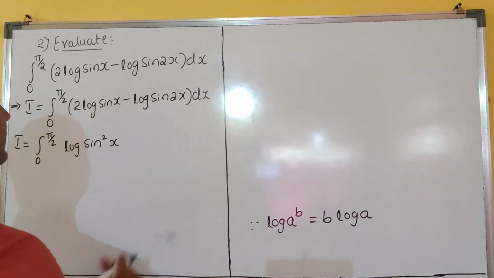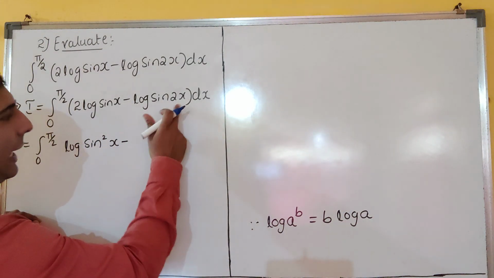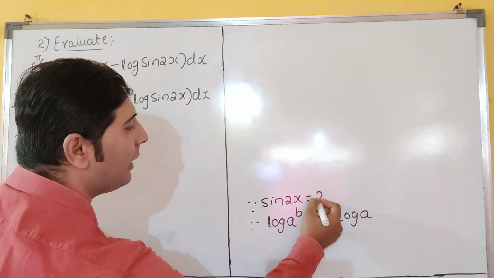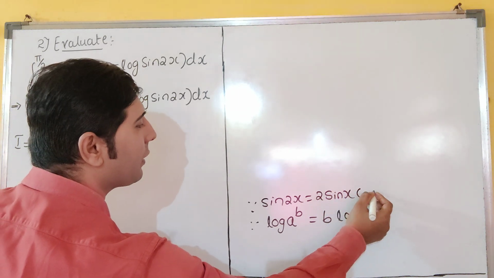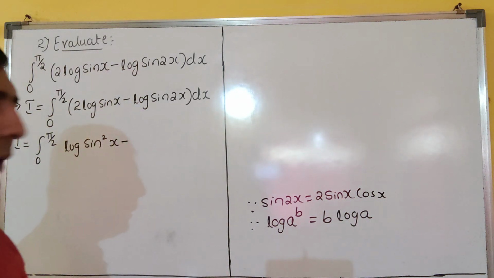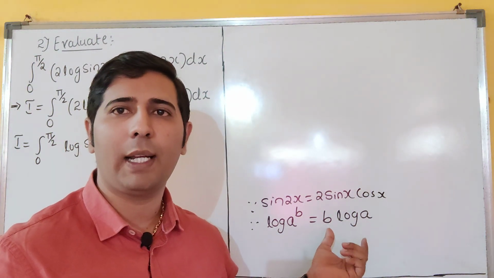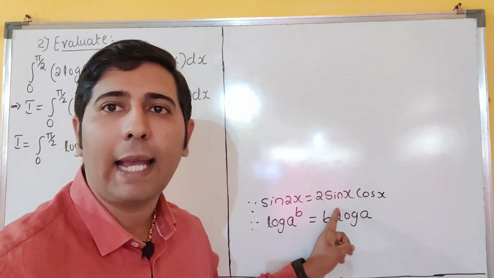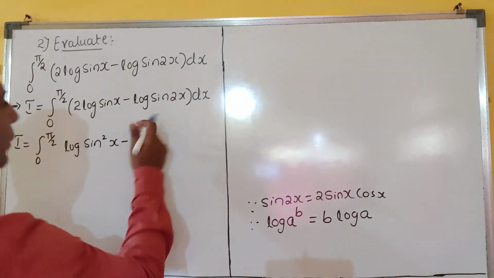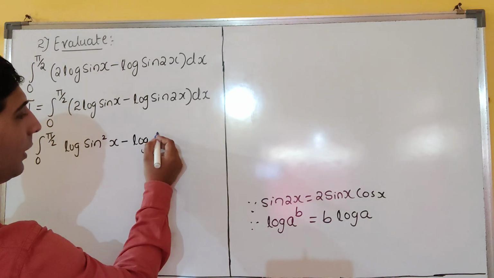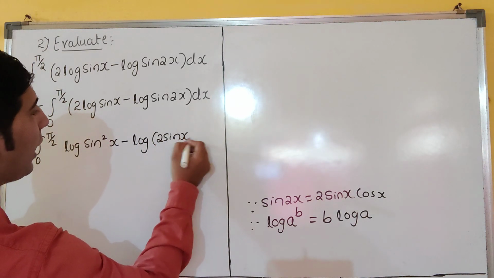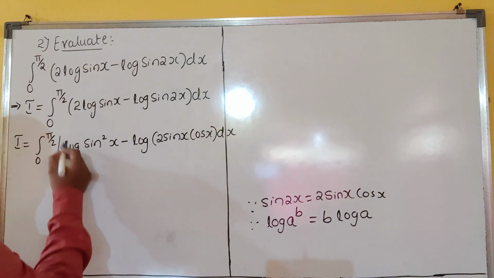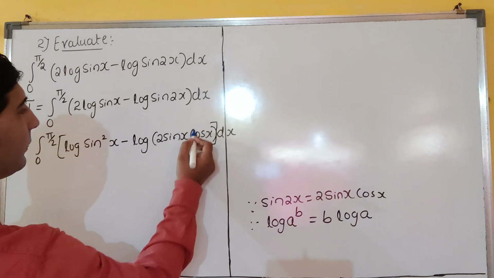So now see here. Sin 2x. Sin 2x formula, dear students, in inverse trigonometry. Sin 2x we have a formula: 2 sin x into cos x, dear students. I am using the formula of trigonometry. First year also you have learned. In inverse trigonometry also we are using this formula. Sin 2x is what? 2 sin x into cos x, dear students. So sin 2x I can write as log of 2 sin x into cos x into dx. Clear everyone? So now how to solve this one, you observe. This is cos x.